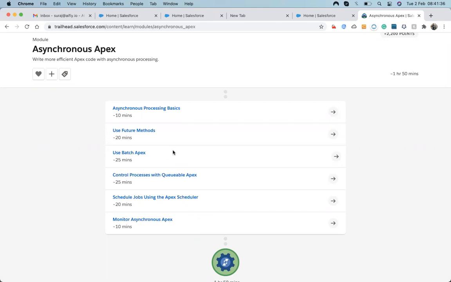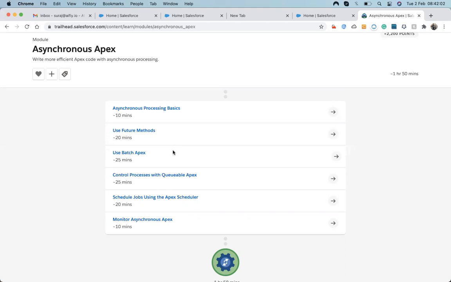It also happens, for example, when we have a daily sync between Salesforce and a legacy system. Then we also use batch, because we don't know how many records will come in a single day. Might be 10 records, 20 records, or millions of records. We need to sync those records with a legacy system outside Salesforce.